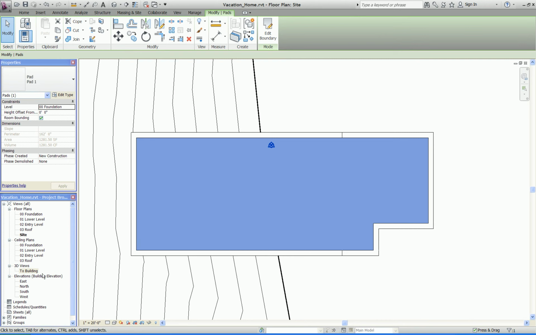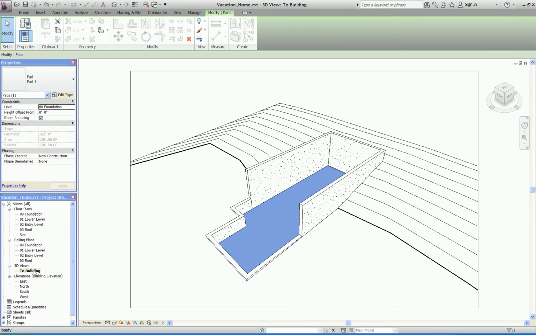If we go to the building view under the 3D views tab here, you'll notice that the building pad is created. If I were to just hover down for a moment underneath the existing foundation plan and the foundation plan and also the retaining wall, you'll notice that the pad is there, and it highlights and tells you it's there as well, Pad 1. We're going to save the file,